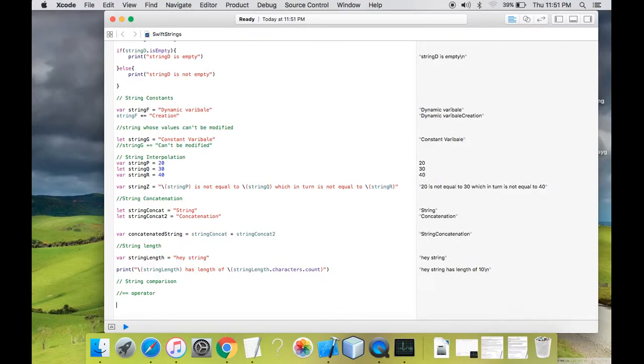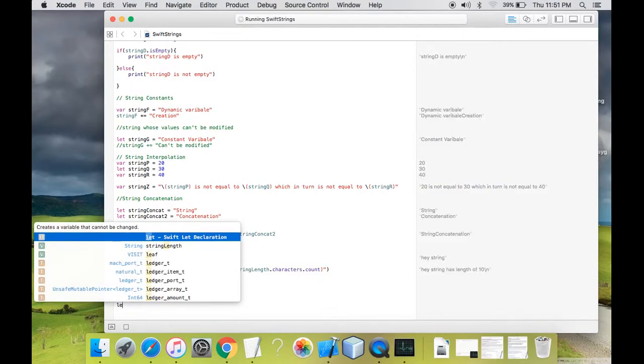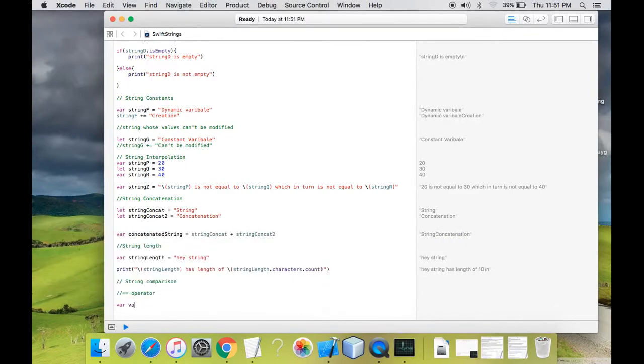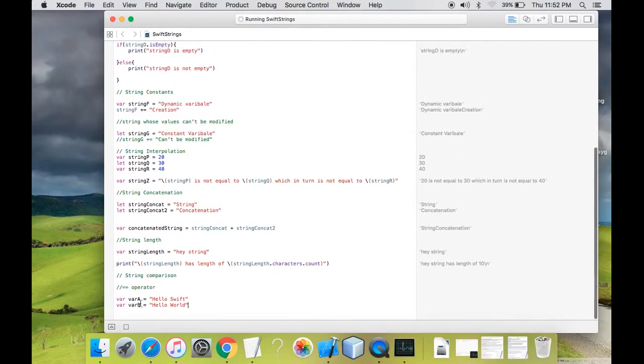For comparing two strings, you will require two string variables. So I'll create two more variables. I'm creating a variable named var a, and I'm assigning a value of hello Swift. Now I'm creating another variable named var b, and I'm assigning a value of hello world. Now I'll compare both these variables. As I have mentioned, for comparison you need to use the equal to operator.